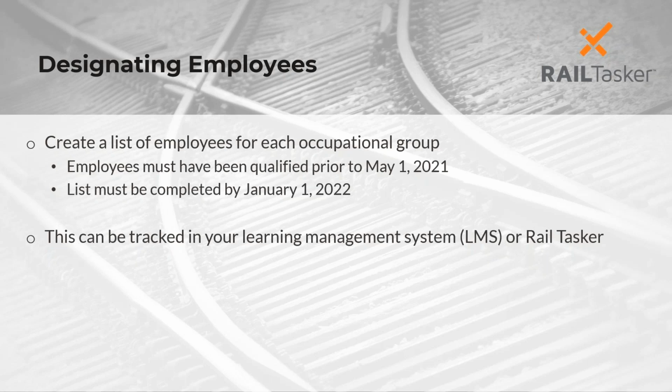The only thing I would caution you, if you're using an LMS other than Railtasker, I just want to point out, you want to grandfather them in the system in a way that shows that they didn't actually take the course. For example, when I was working with the Class 1s with SuccessFactors, we changed the completion status from complete or pass to designated, and that's exactly what shows in Railtasker as well. I think you just need to be able to add a note or something that clarifies that they're being grandfathered in versus them showing that they actually took and completed the course.